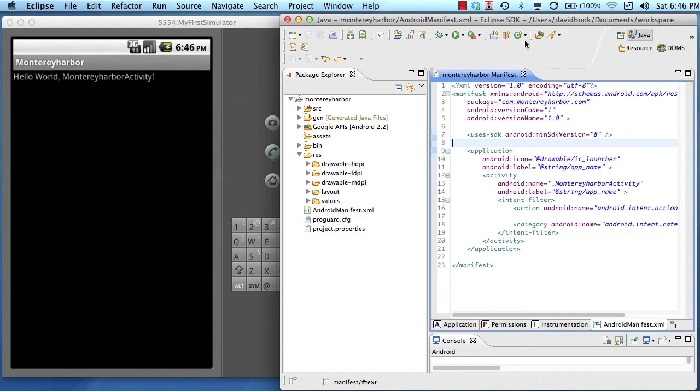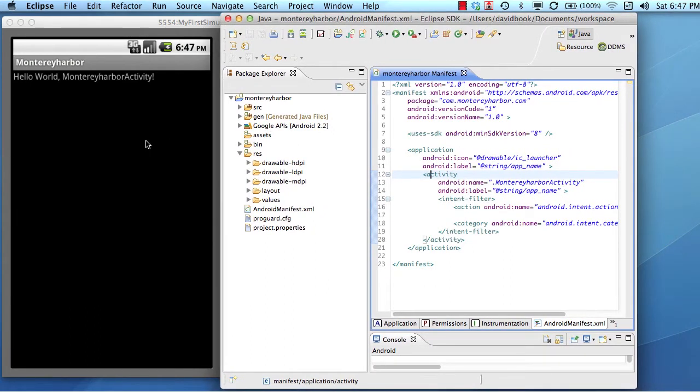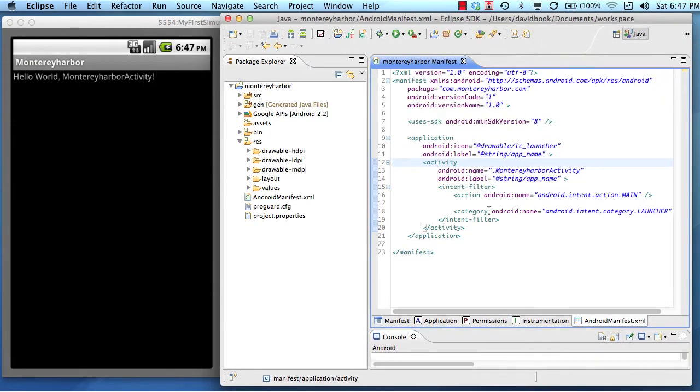So when we launched this application, without doing anything, automatically it brought us to this Android screen. Now this is called an activity. Because it's the first screen, I like to call it the home screen. But we have to ask ourselves as developers, how did Android know that we wanted this activity to display when the Android application launched? And so in our manifest file, we have this group of things inside the application tags,